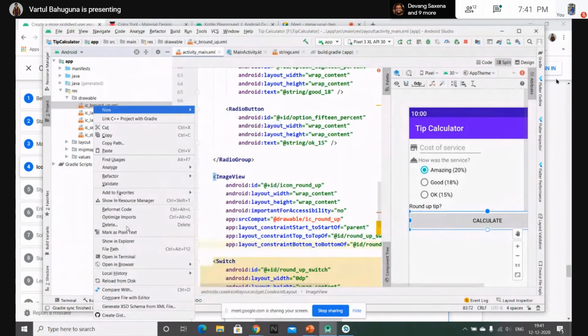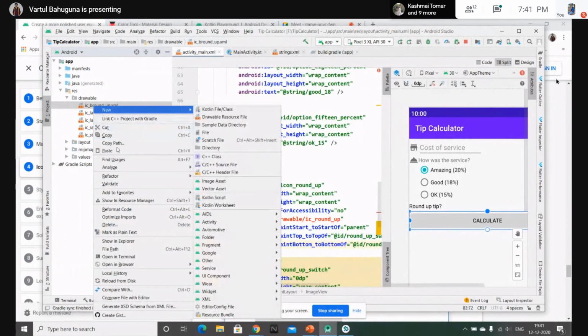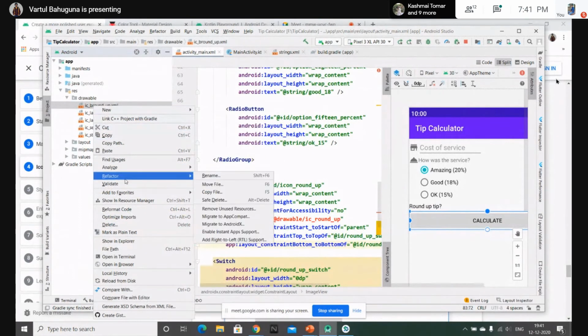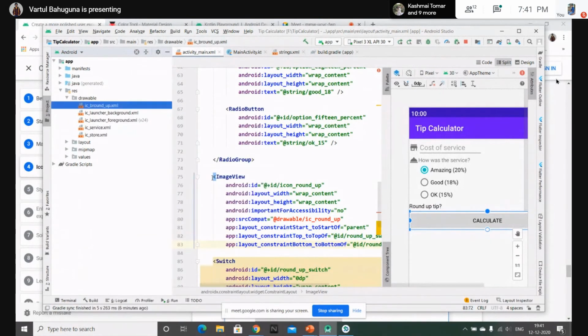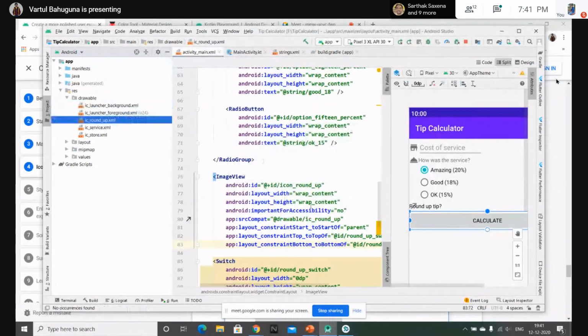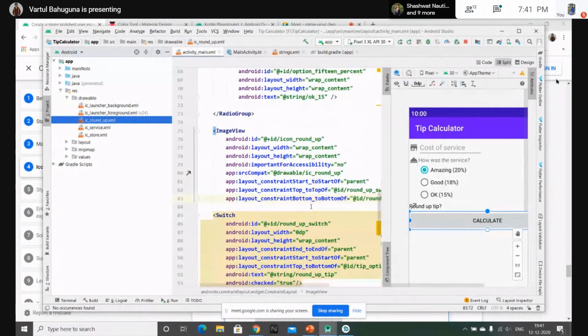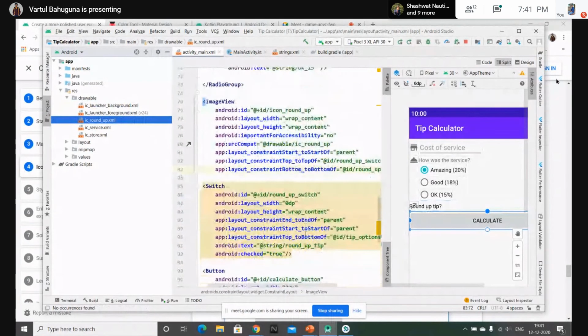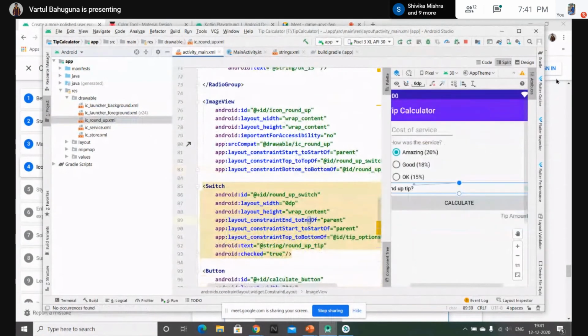To rename any file or anything, just go to the refactor and there we will find the rename option. Then click refactor, and it's renamed and the error disappears from here also. But we need to constrain it also.